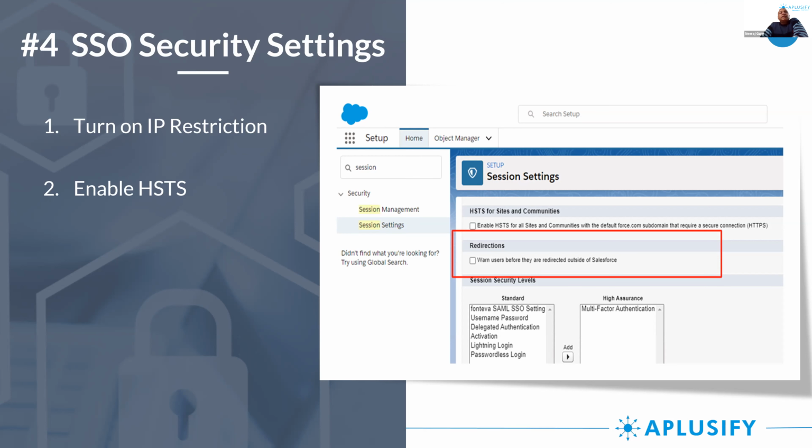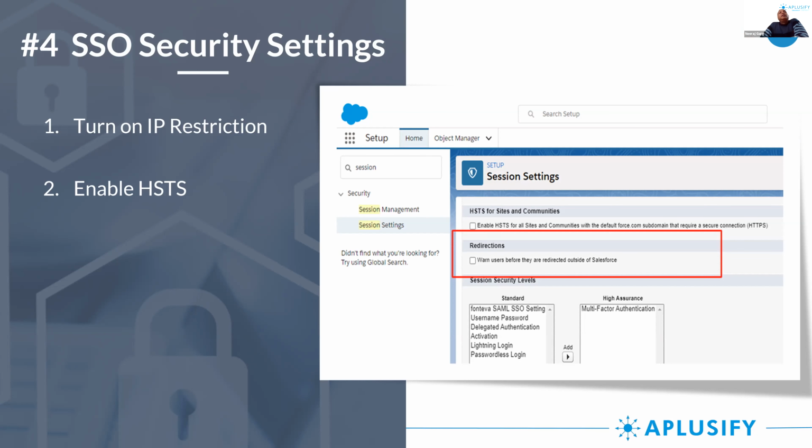So HSTS is where, if you are entering a website and your user types HTTP, but you already have a secured website, which is called HTTPS, with a security certificate, and you enable this setting, it automatically redirects your users to the secured site. So they don't have to do anything. They type your website name, and it will automatically redirect them to the secured website.